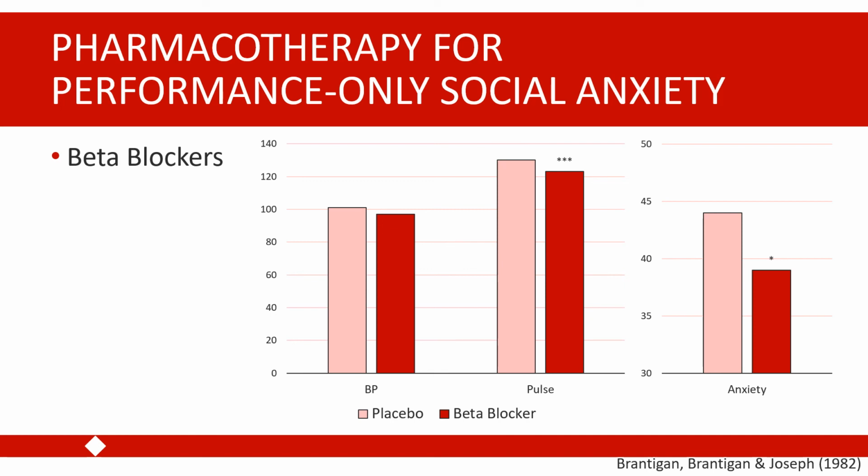When we look at the pulse, so the heart rate of the individuals who received the beta blocker, that was significantly lower than individuals who received the placebo. And when we look at their self-reported symptoms of anxiety, those self-reported symptoms were also lower. So one way that beta blockers appear to work is that by reducing the physical symptoms of anxiety that individuals are experiencing, it interrupts the cognitive process where they become anxious about those symptoms and become concerned about negative evaluation, and that leads to increases in anxiety, which results in worse physical symptoms.